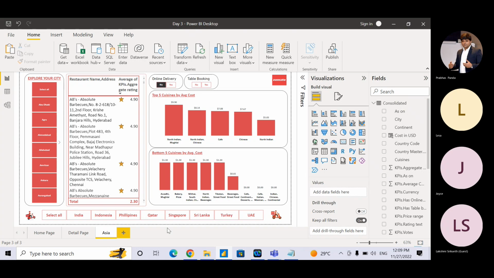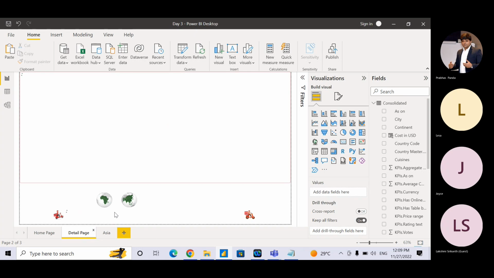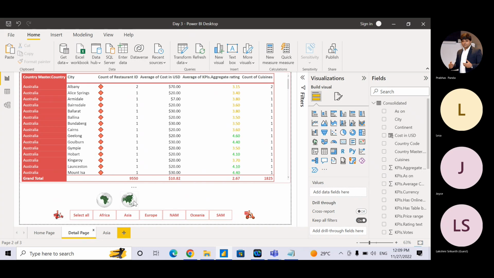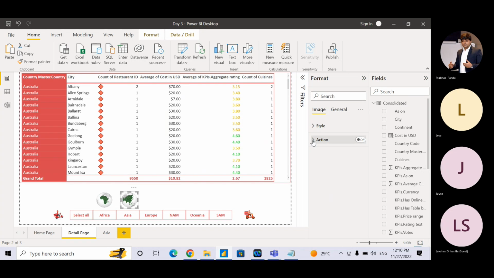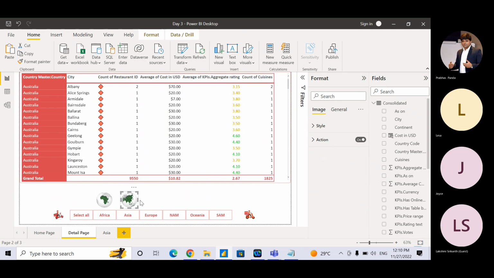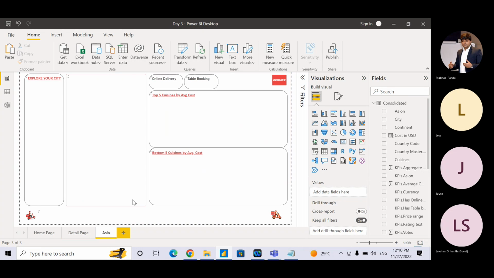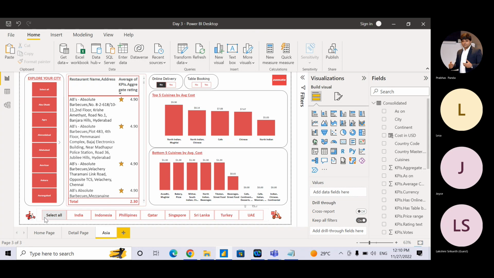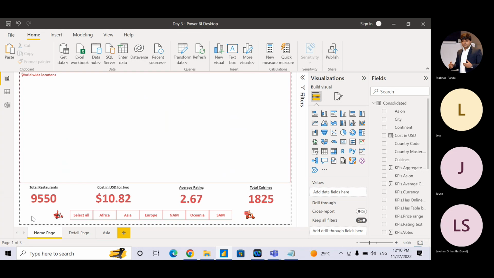So you can create a page like this and then go to the detail page. On the Asia, instead of clicking on this, you select this image, click on the action, give page navigation, and then select the destination as Asia. So what is going to happen? A person who lands on this particular page can click on this Asia, and that will take them to the Asia page directly, like this. And again, if they want to go back, they can click on this, that will take them back